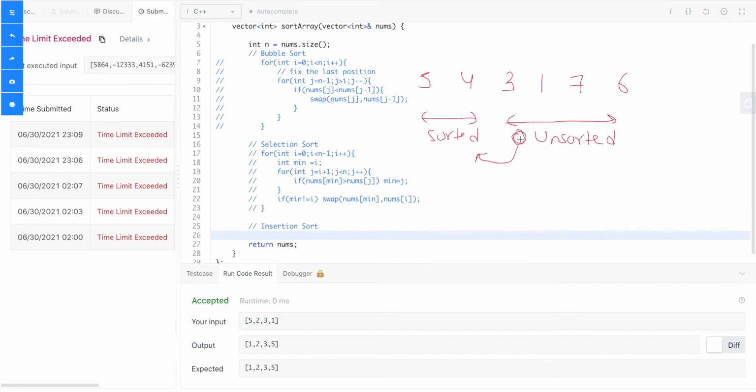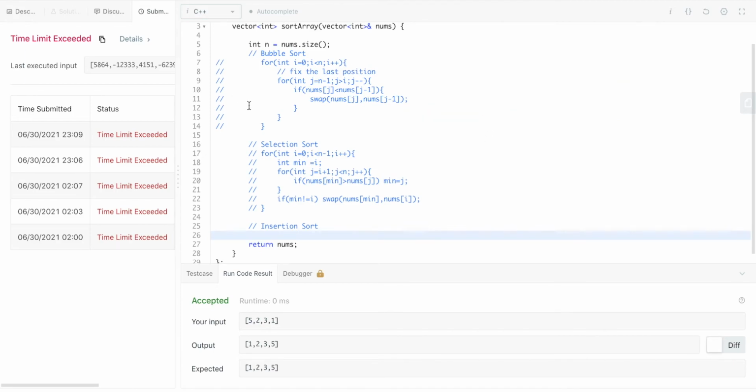In every iteration, I will pick up one element from the unsorted part and move it to the sorted part. How will I move it? I will place this element at the correct position within the sorted part. So we will keep on comparing this element with the elements to its left. First the rightmost element of the sorted part: we check whether it is greater than this element or not. If it is greater, we move it to the right. If the next one is also greater, we keep on moving until this element reaches the correct position in the sorted part. That's how insertion sort is done. Let us try to code it out now.